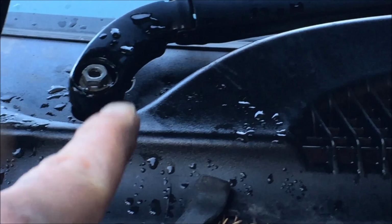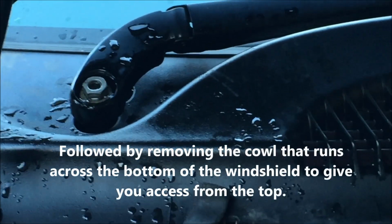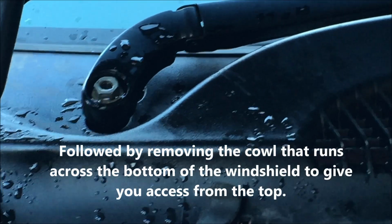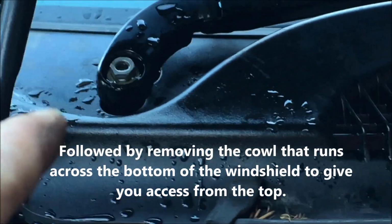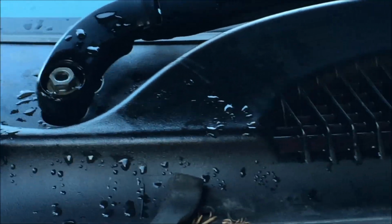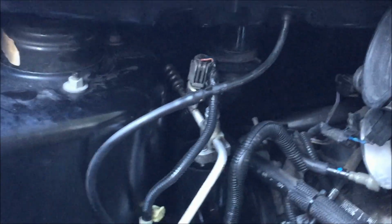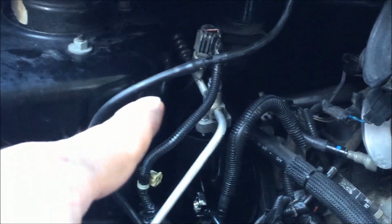Then in my Haynes manual, it says to pull the windshield wiper arm off the post, and I bought pullers and things like that. I could not get that off. I could probably try harder, but I opted to not do that. So what I did was I needed to do my air conditioning anyway. So I had